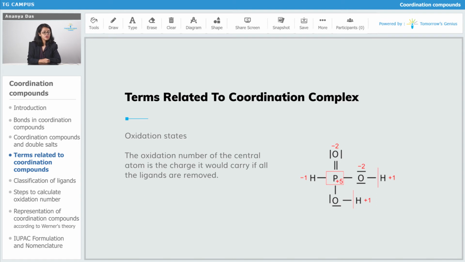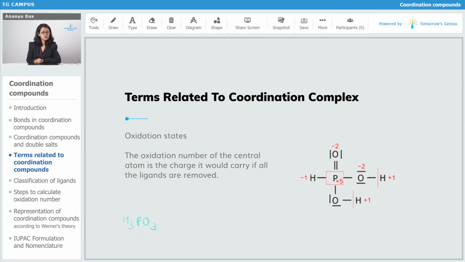Right now we will calculate the oxidation state of phosphorus in the molecule that you can see, which is H3PO3. H3PO3 has a structure which you can see right now. So let's try to calculate the oxidation state of phosphorus in H3PO3. To do that, you will have to compare the electronegativity of phosphorus with all the atoms that it is attached to.